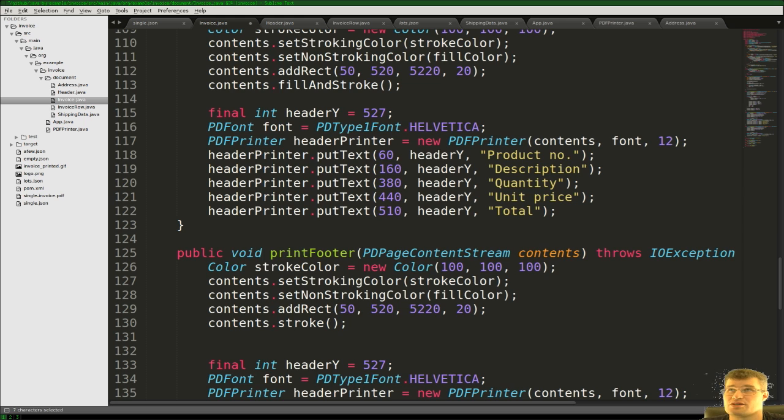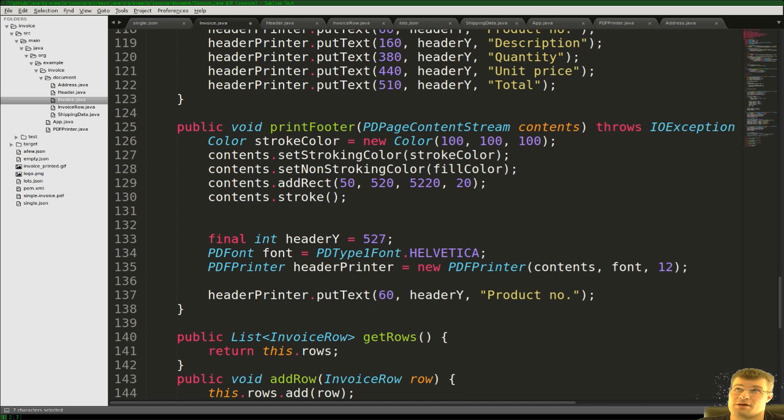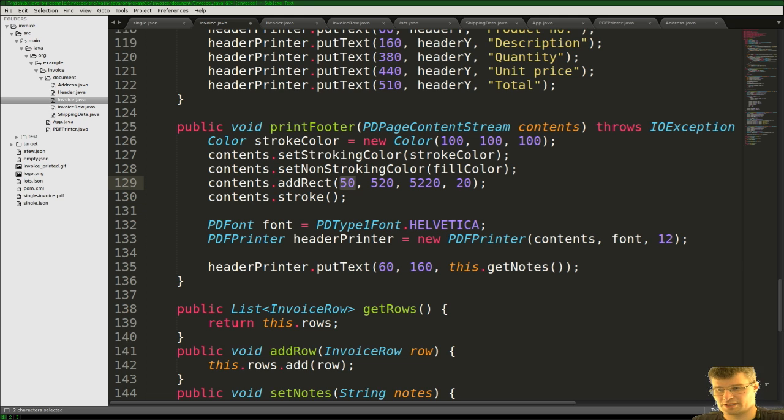So let's say that we start at 160, so we will print at 160, and here we will print this get notes, and let's see, we don't need this value anymore. We will add a rectangle starting from there at 160, so this should print, oh, let's say we go a bit further down, so we print this at 140